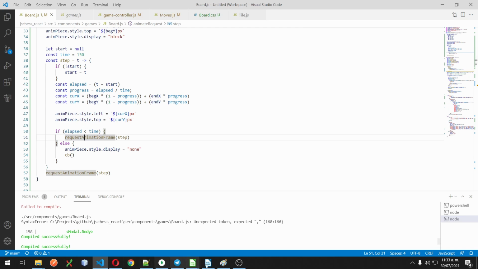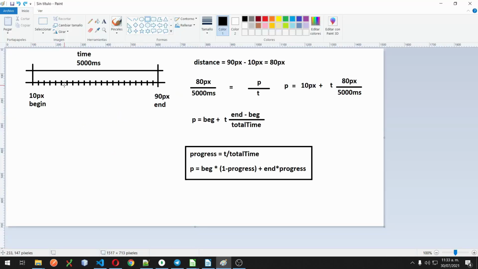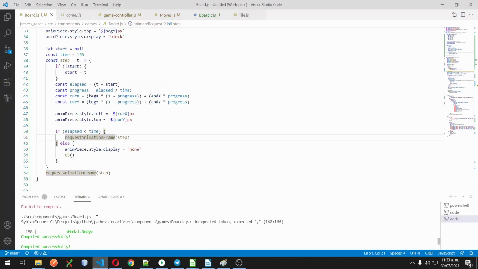So we will be moving forward along this line until we reach the end, and the end is going to be when the animation has run for the time that we want it. At that point, the animation is going to end. And this is pretty much it.